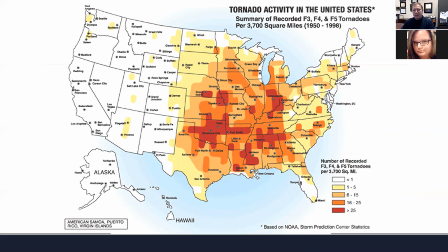But the areas that are more likely to be associated with Tornado Alley, an area we refer to as Tornado Alley, are Oklahoma, Arkansas, to a lesser extent Kansas, Nebraska, and Missouri. And then there's a second area that's quite prone to it, the tri-state area between Indiana, Ohio, and Kentucky.